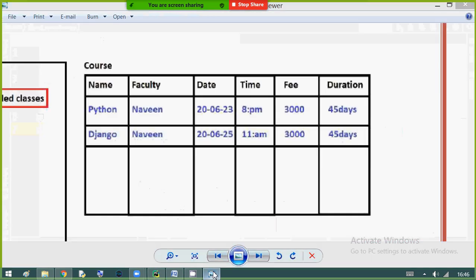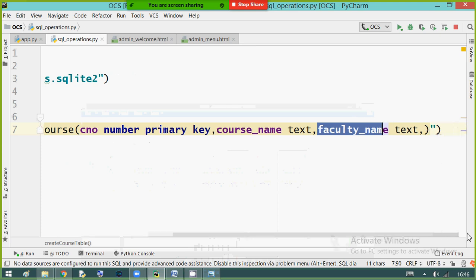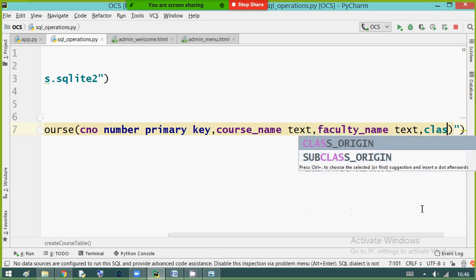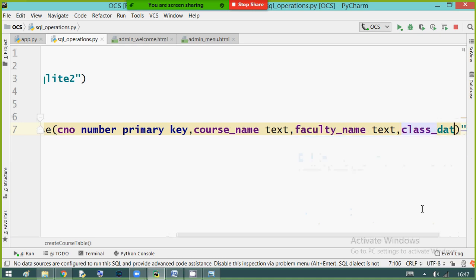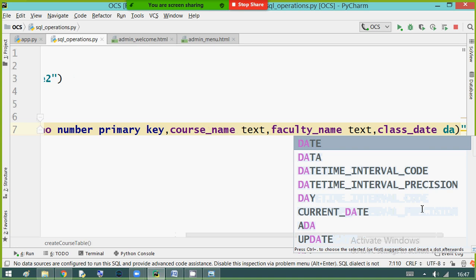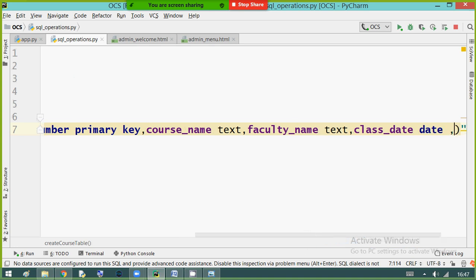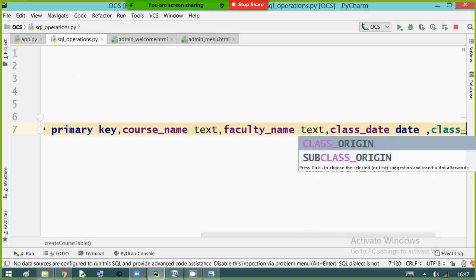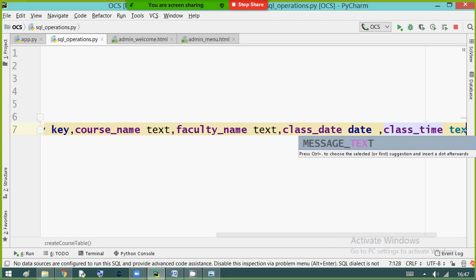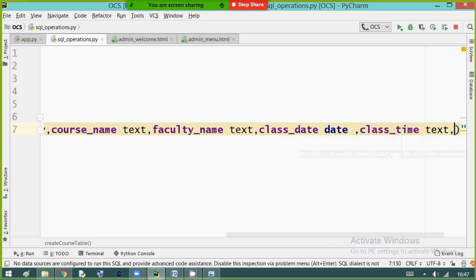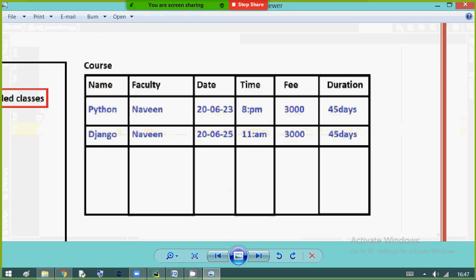Date, time, fees. Date I am taking as date input only, so the column name is class date, and the data type is date. Next, class time. Time I am taking as text, because I want to save with AM and PM format.